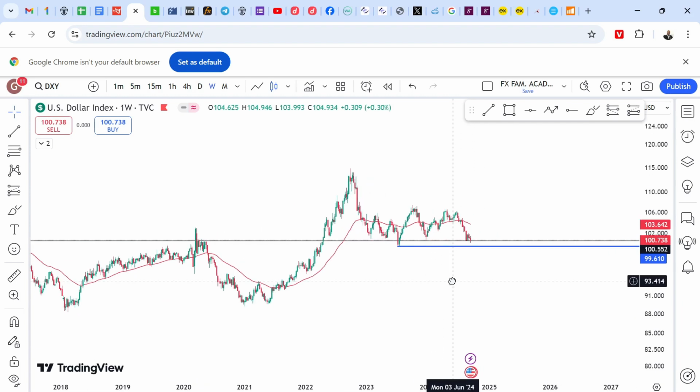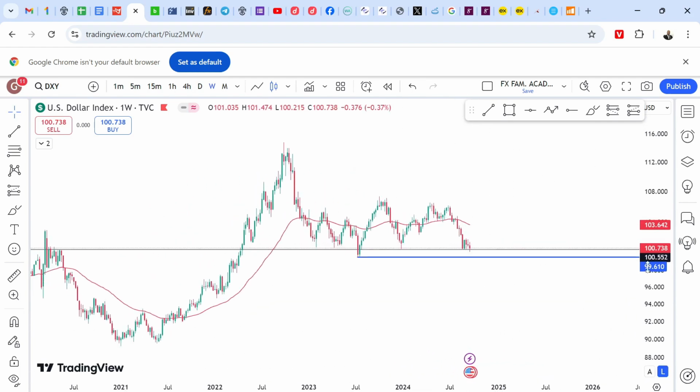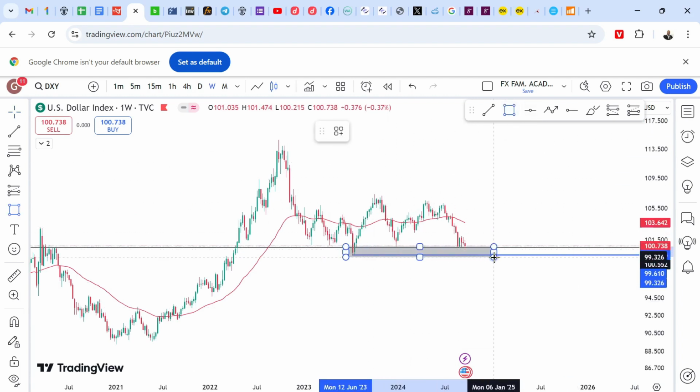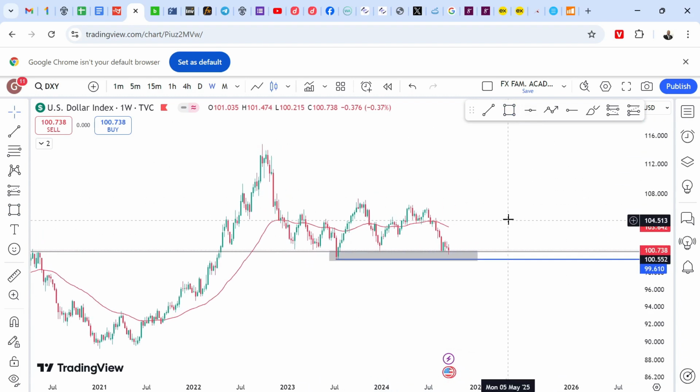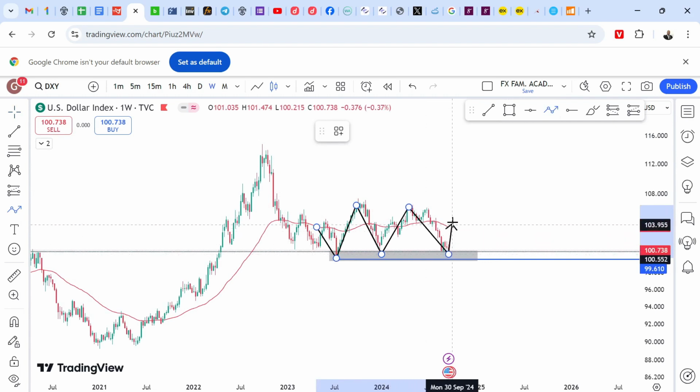This is the weekly time frame of the DXY. So on the weekly time frame, what can I see? I can see that we are on a very strong support zone here, and the market has touched this zone 3 times. First touch, second touch, and third touch. So we expect the price